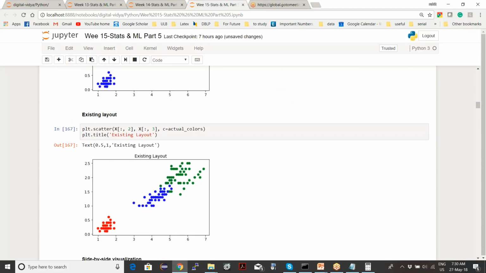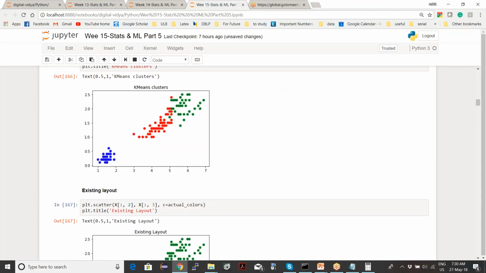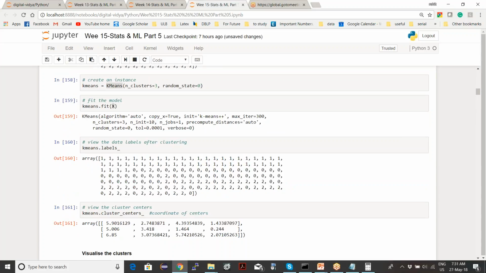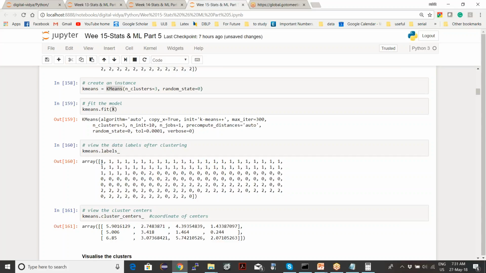So the graph is just for visualization. Otherwise, when you see k-means neighbors, it gives you for each input point what group it belongs to. For each input row, it knows what the neighbor was.